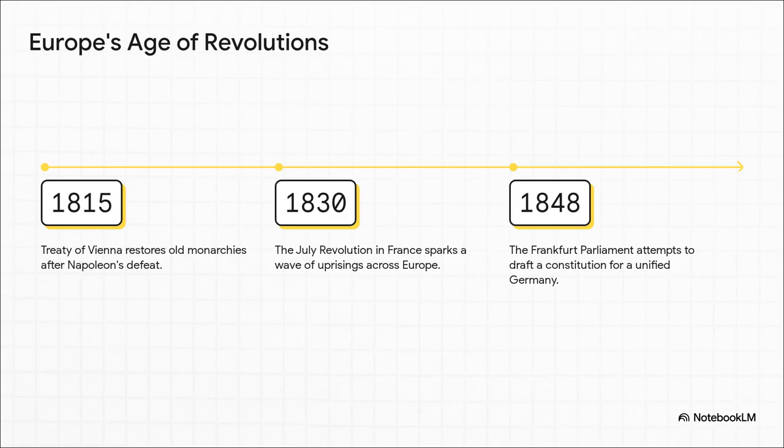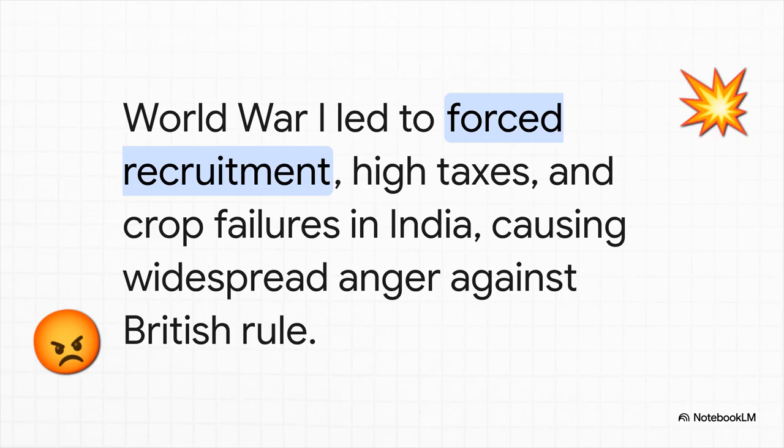Meanwhile, you jump half a world away, and World War I acts as this massive accelerator for Indian nationalism. The British Empire needed Indian soldiers, Indian money, Indian resources. So what did that mean for people on the ground? It meant forced recruitment from villages, taxes that went through the roof, and devastating food shortages. All of a sudden, these separate communities were united by a shared suffering, all thanks to a foreign power.